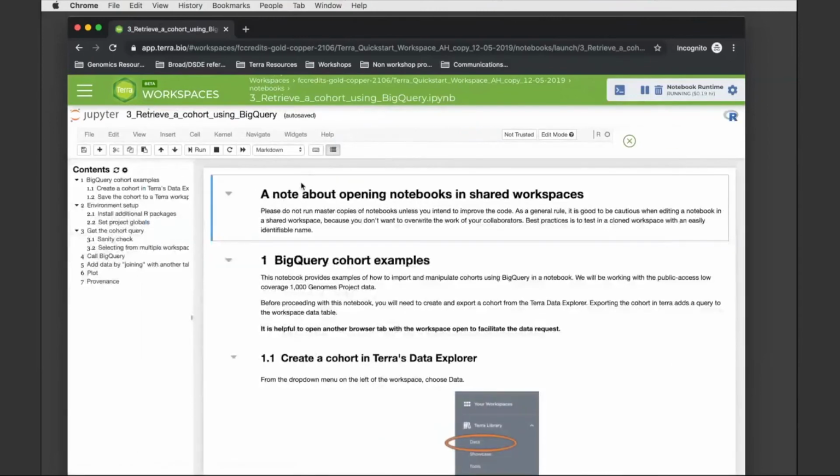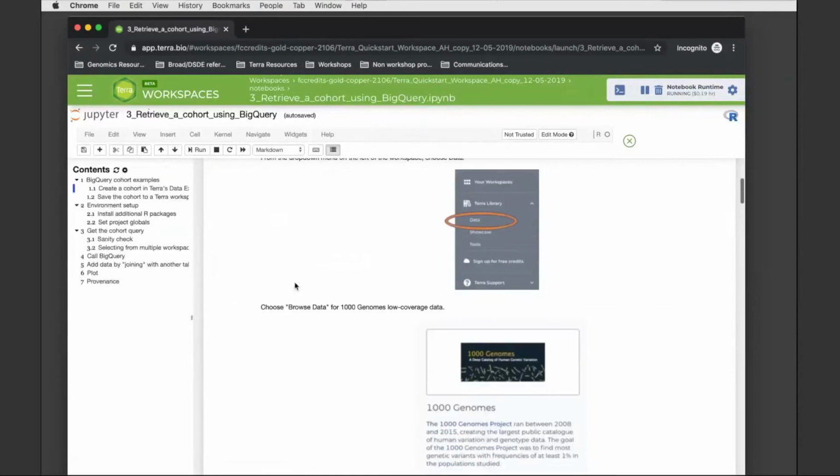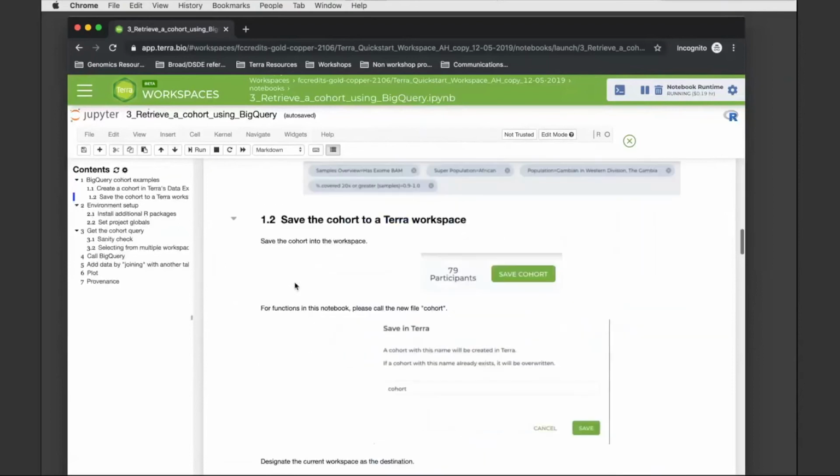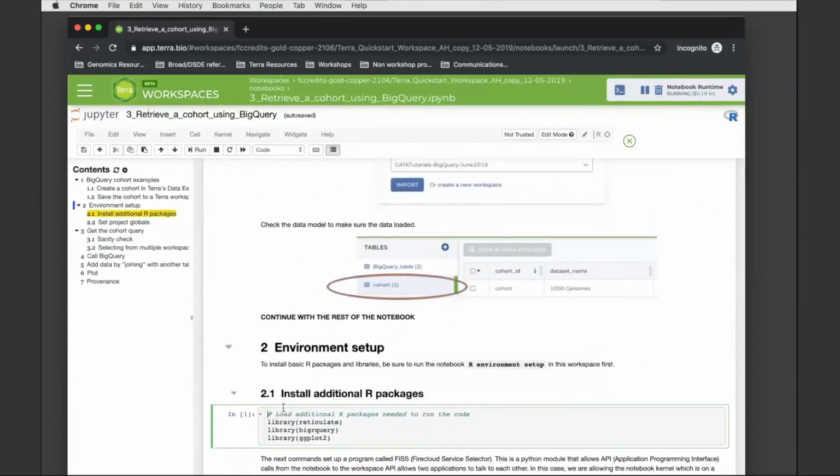So this is a very, very simple notebook, and we've actually already done part 1. This is what I walked you through in terms of generating the cohort. So you can skip down to part 2, which is some additional libraries that we are going to want